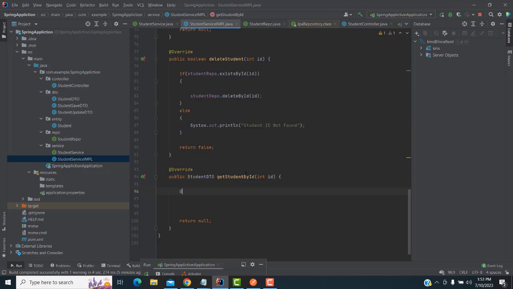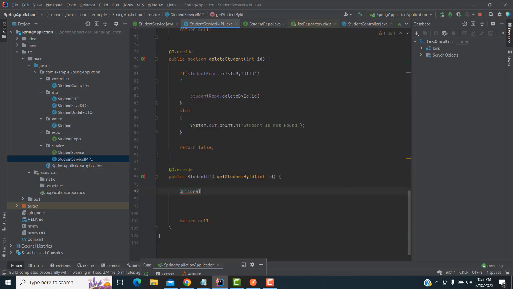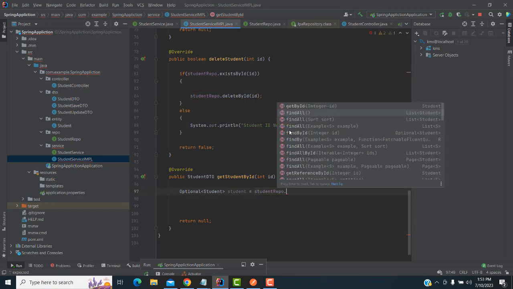So how do we check with the database? We have to type Optional, it's very simple. The DTO is the part where data is traveling, the data coming via the DTO. We can't check data in the database through the DTO. We have an entity, and the entity is the one that communicates with the repo. So Entity student, we create the object equal to student repo dot